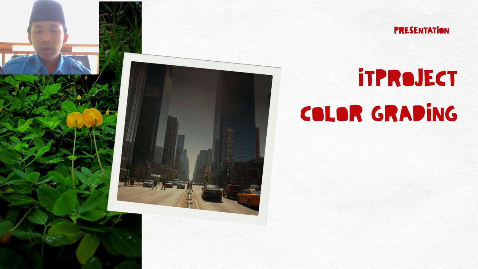I focus on the foreground grass, making it sharper and more detailed. Meanwhile, the background is slightly soft to create a sense of depth. I also use a calm color tone to give a relaxing feeling. This project shows how simple editing can make a photo look more professional and attractive.